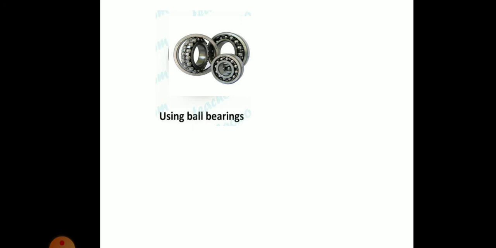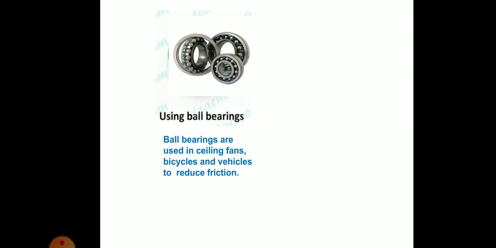Example, they are used in fans. Okay, ball bearings are commonly used in bicycles, scooters, cars, trucks, electric motors, etc. In fans also you can see it is able to move in a circular manner with the help of ball bearings, which help it move properly. So wheels also produce some friction when the central holes rub with the axle. But if we attach ball bearings, this reduces friction even further and makes it easier to move, okay, move in a circular manner.